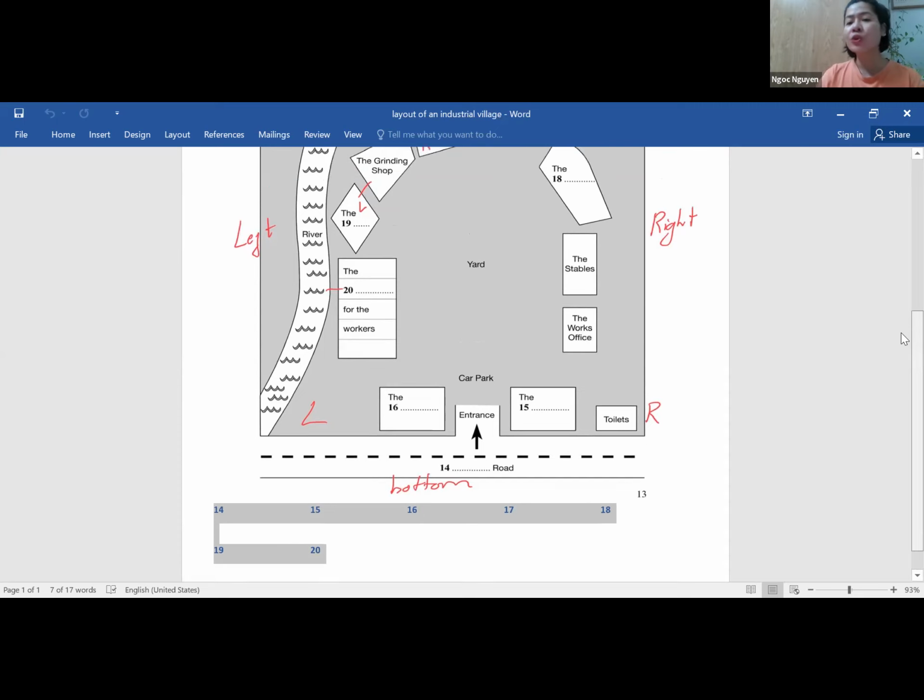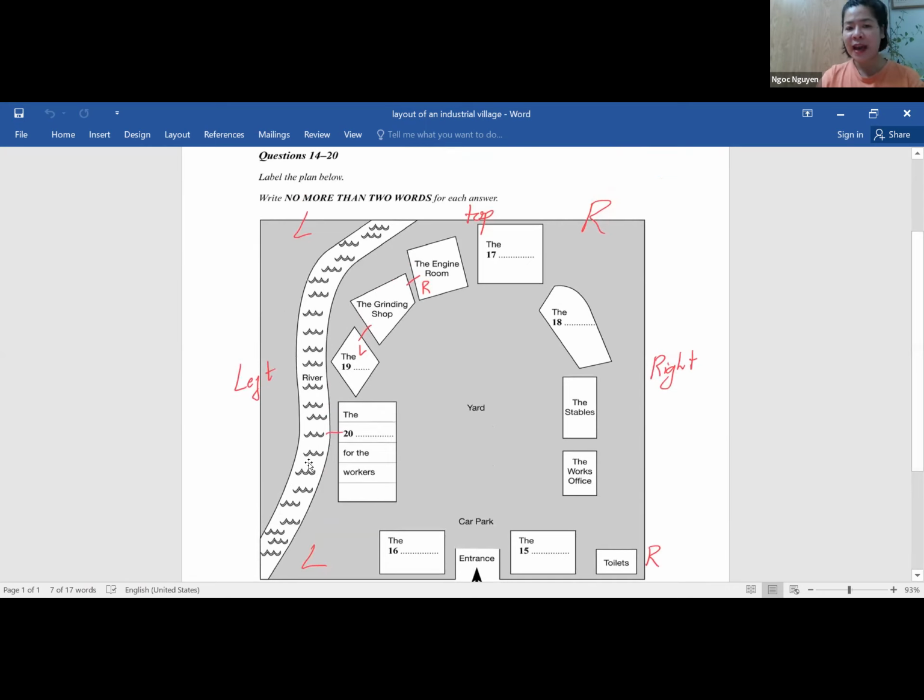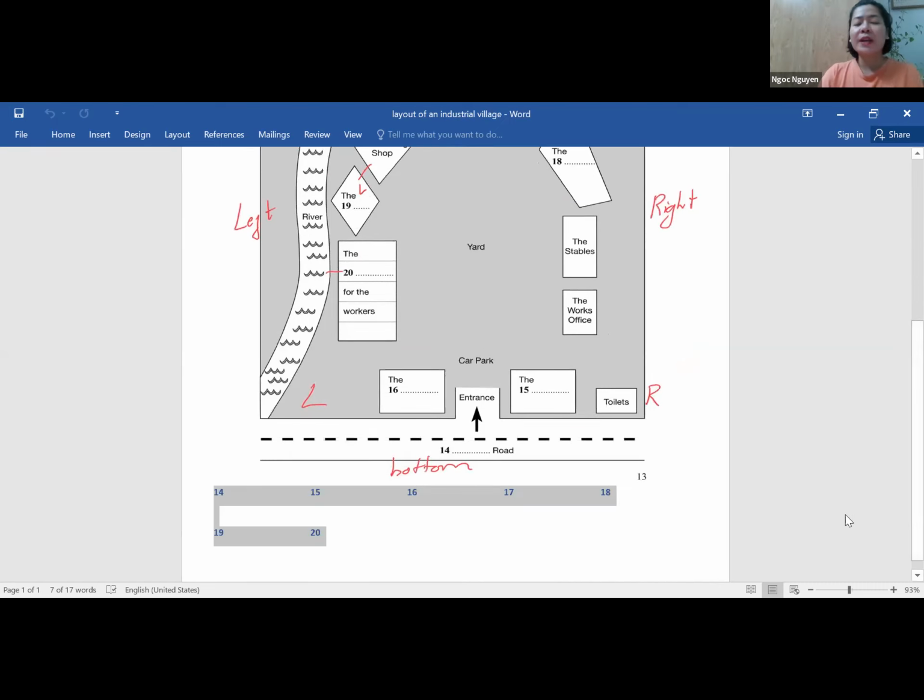A tour guide, this is the layout or the map of an industrial village. This is a place where people make different tools and devices, metal tools and devices from steel or iron. And now you will need to start the recording at